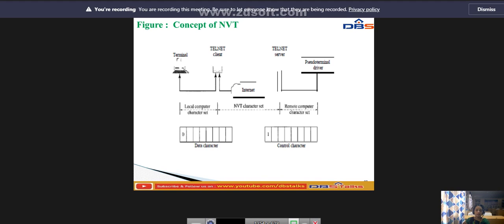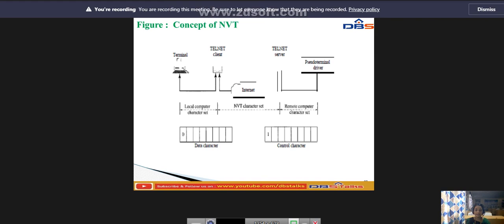The characters are delivered to the operating system and passed to the telnet server, which changes the characters to the corresponding characters understandable by the remote computer. This is called the NVT. NVT means network virtual terminal.